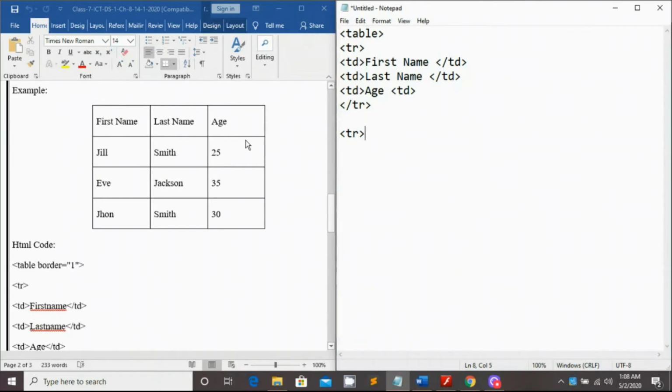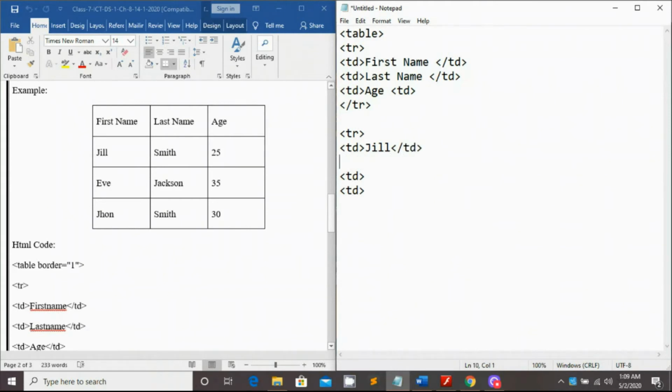Again start the tr. This one is the second row. In the second row how many data are there? Same way, in the second row there are 3 data, so you have to write 3 td. 1 td, 2 td, and this one is the third td. In the first td of the second row, what is written?